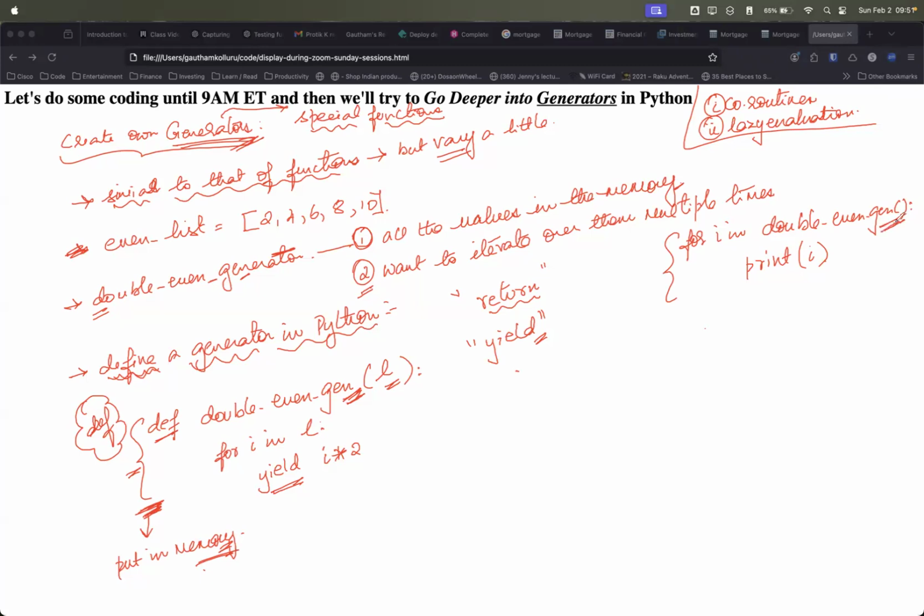Which means there is a definition to this function in memory. It comes to the memory and gets the definition of the function. It looks at the function definition and then comes inside to the first line. To this function, we have to pass our even list. Which means this even list argument is coming to the parameter. It is a positional parameter, which means our L is replaced by